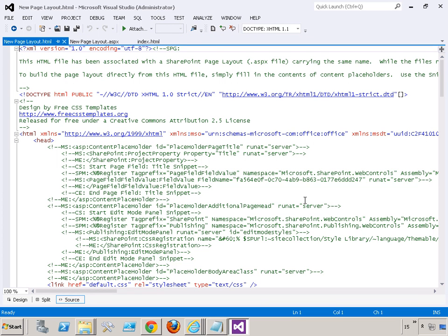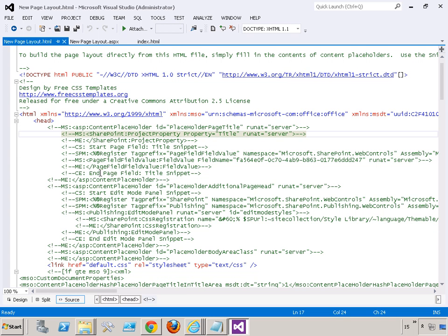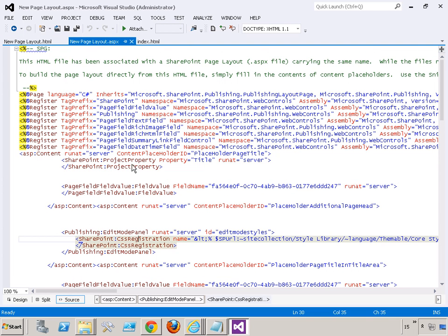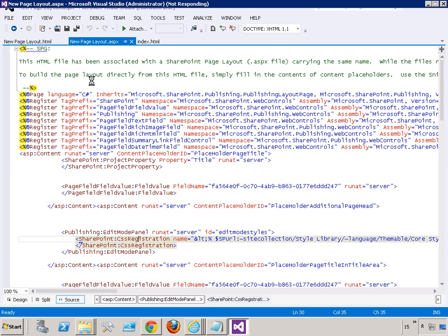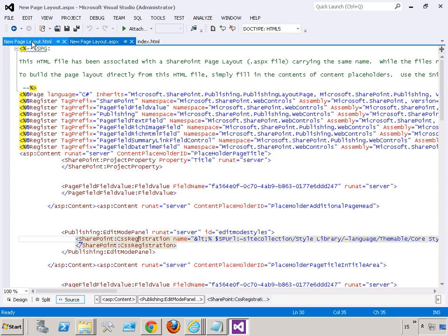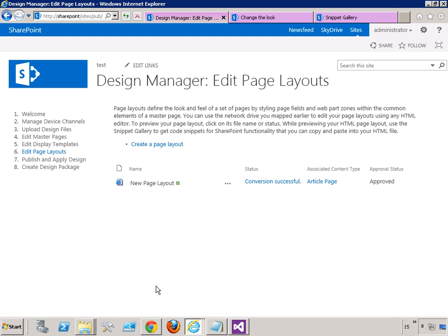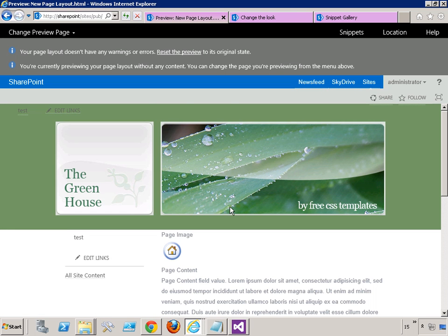All right, so here in the HTML, you can see that this is all being represented just like in the master page case, with a bunch of comments that tell SharePoint where to put the different pieces. So here in the ASPX page, we have this page field value, which is inside of placeholder page title. And over here in the ASPX page, we've got placeholder page title and that same field value. So we can come back over to Design Manager and actually have a look at this thing, and it opens it up and gives us a preview